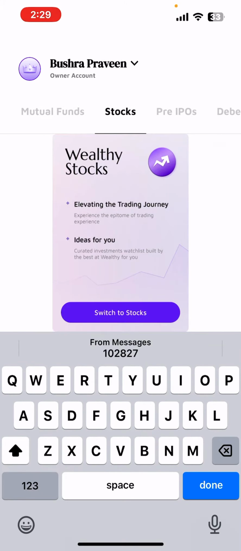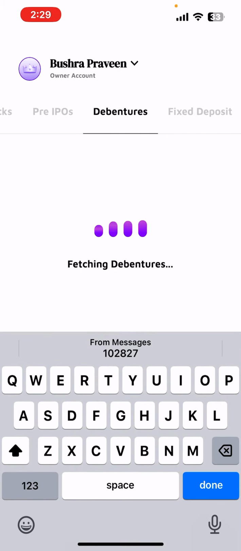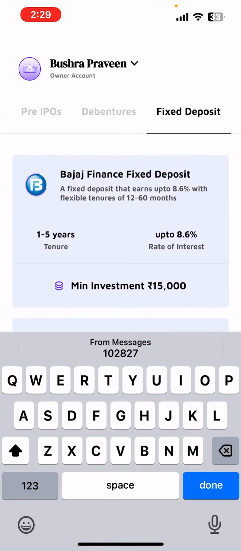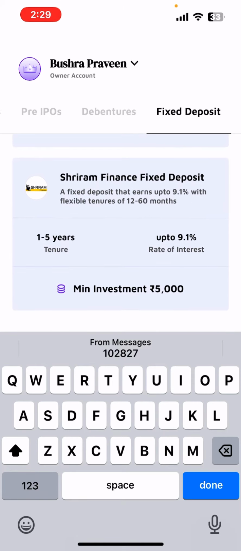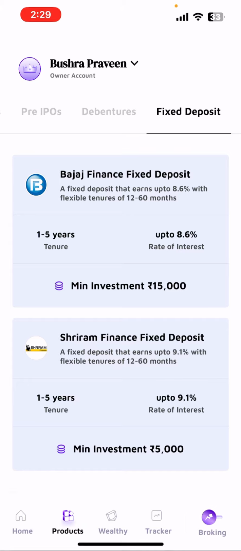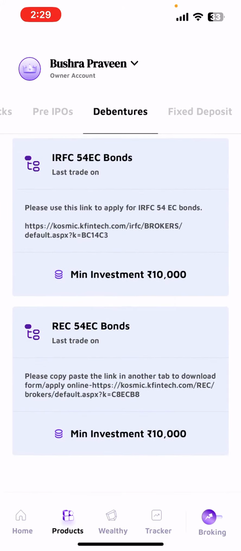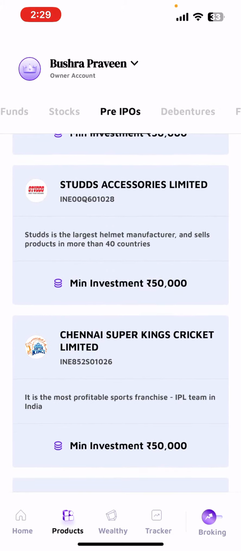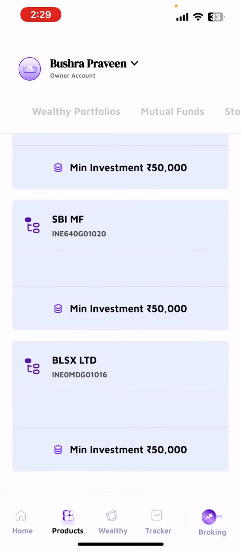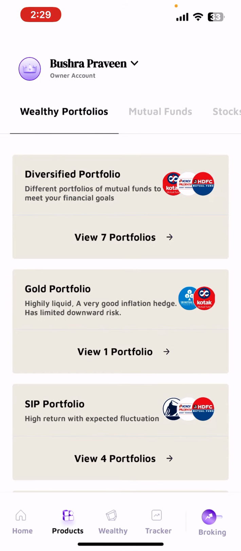So these are the stocks, debentures. You can do this FD, minimum investment as there. Shriram, which will give up to 9.1%, so minimum investment 5,000, right? So these are the debentures. You can go to this pre-IPOs also. You have to invest. So these are very important things. You can do any type of